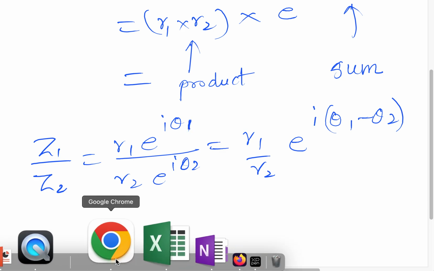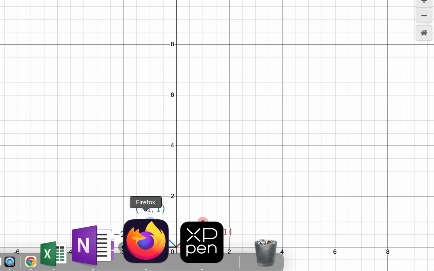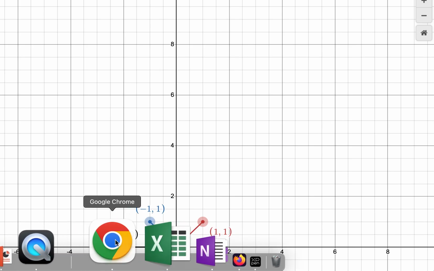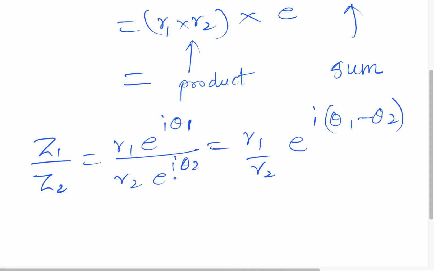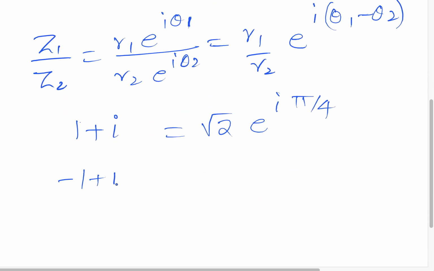I'll show visually how it looks using Desmos. So I'm starting with two complex numbers. Z1 is (1, 1), which means one real part and one imaginary, and Z2 is (-1, 1). So let's find their argument and their modulus, so that I'm convinced that the answer I'm getting is correct. So 1 plus i will have a modulus of root 2 and an argument of pi by 4. And the other number, minus 1 plus i, will have the same modulus,